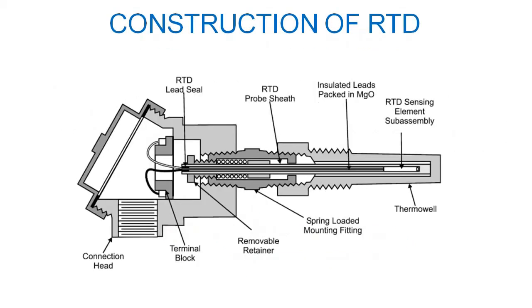Construction wise, as we saw in the previous figure, the RTD has leads with 2 terminals. You can see this is the terminal box, and maybe here is some display, from which whatever the change in resistance is directly indicated in Celsius or Kelvin. These are the connection head. If you want to do some maintenance, then removable parts are present. These are the probe sets, these are the bolting parts, spring leader, mounting pillar, thermowell.